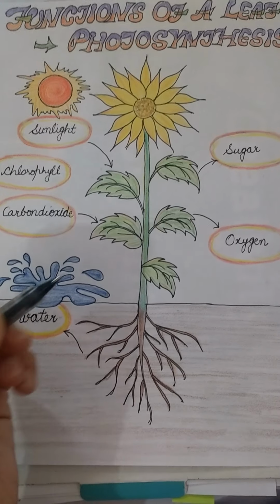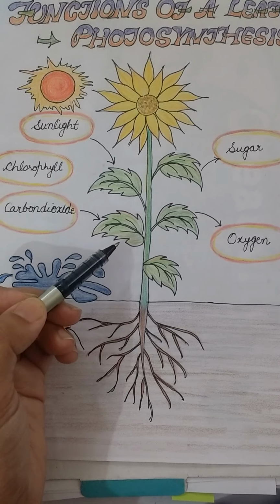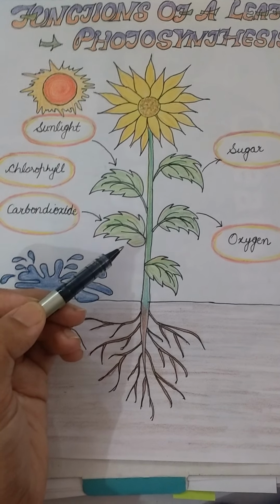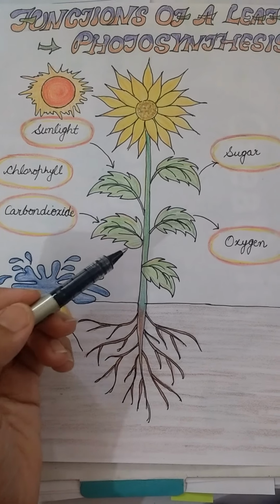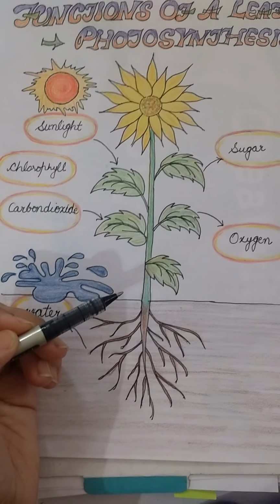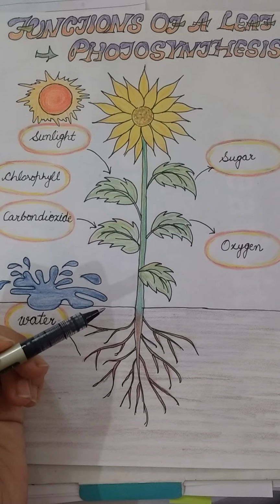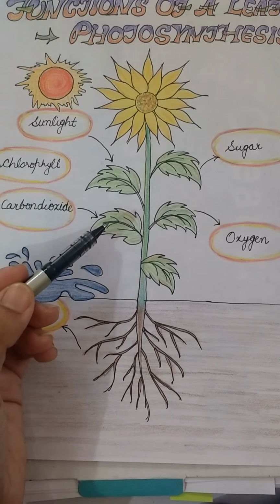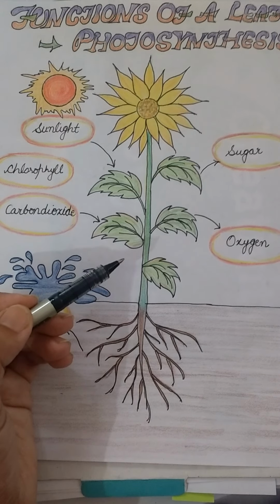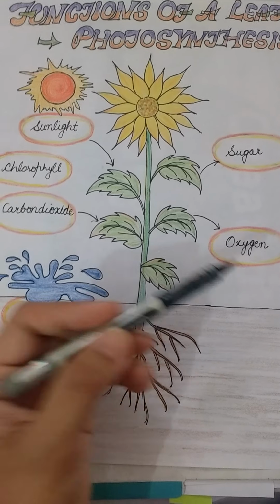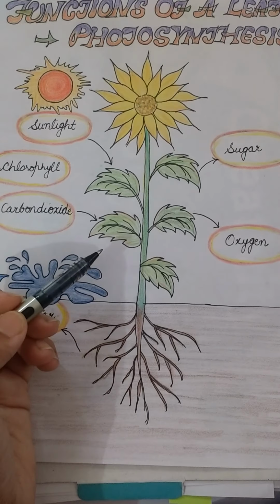It is done by the stomata. Stomata are the tiny openings that are present on the under surface of the leaves. These tiny openings release excess water from the leaves. And one more function performed by the stomata is the exchange of gases. The stomata present on the surface of leaves help in exchanging gases. They release oxygen into the atmosphere and take in carbon dioxide from the atmosphere for making food.